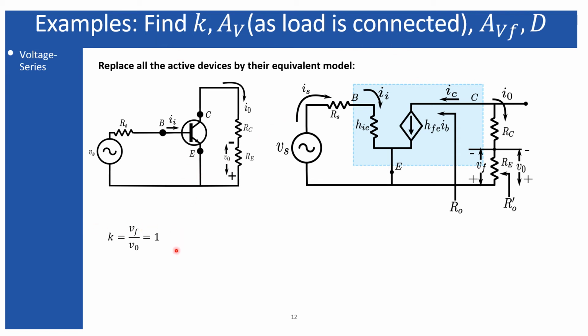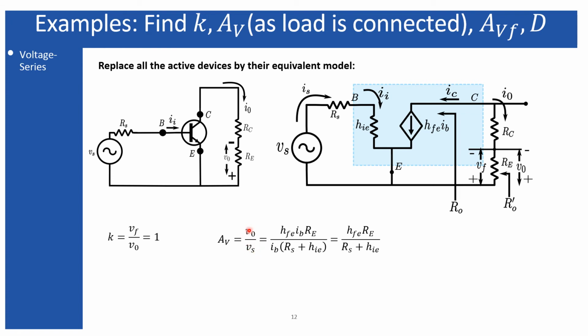So first we know the feedback factor, that is 1 for this circuit. Next is capital Av, because we cannot find small av, as small av was the open loop open load voltage gain, but since the load is present in this case, and that is Re, we find the capital Av, which represents the open loop with load voltage gain, and that is equal to Vo divided by Vs.